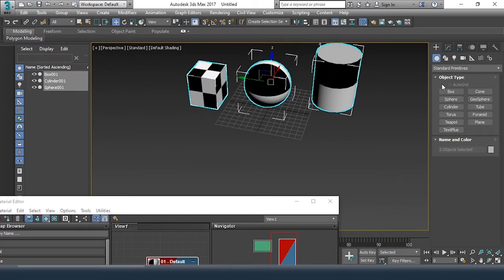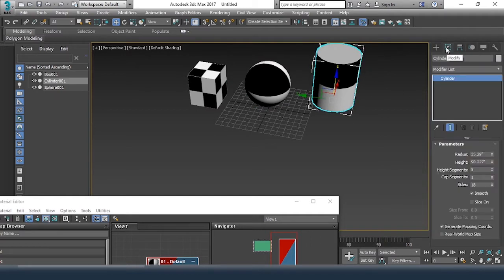Okay, so for an example, I'll take a cylinder first. I'll get into modify. Now there are two ways of applying a UVW map on an object. If the object is readily available like a box, sphere, cylinder, and you want to just apply on top of it, then it's very simple, you can add a UVW map.